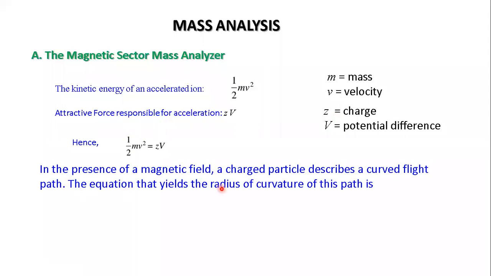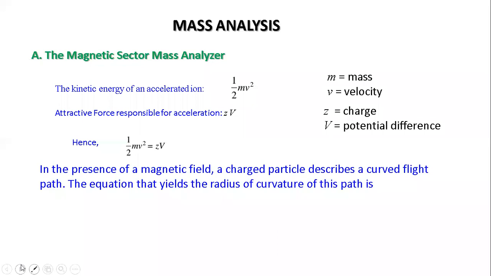Now, in the presence of a magnetic field, this is one part, you are applying the potential, and in another case you are applying the magnetic field. So both you are applying: you are using potential differences and you are using the magnetic field. In mass spectrometry, both are utilized. When a charged species moves under a magnetic field, it will have a curved, radial path. It will definitely not move in a straight line. You know that based on the Lorentz equation it will move.